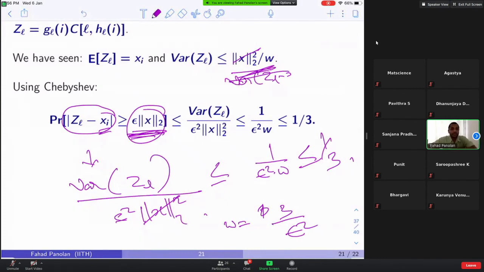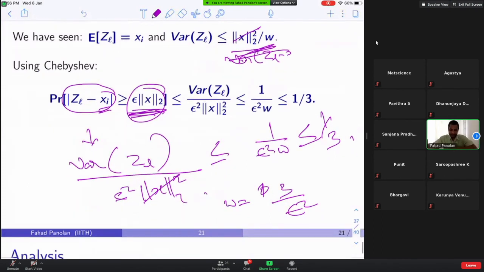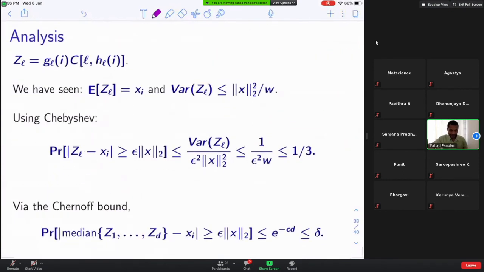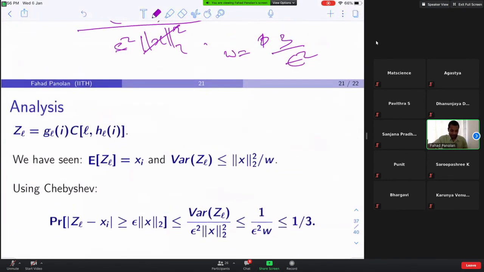Okay, so that's it, right? So what you got is the probability, like you took L estimates, and what you are going to say is the median is a good one. Now here, by Chebyshev inequality, what you know is you pick any